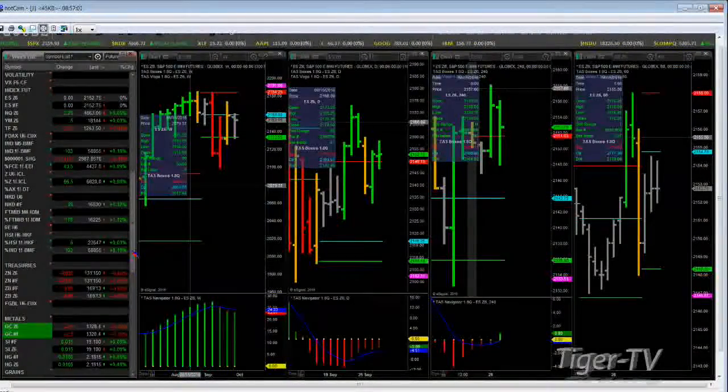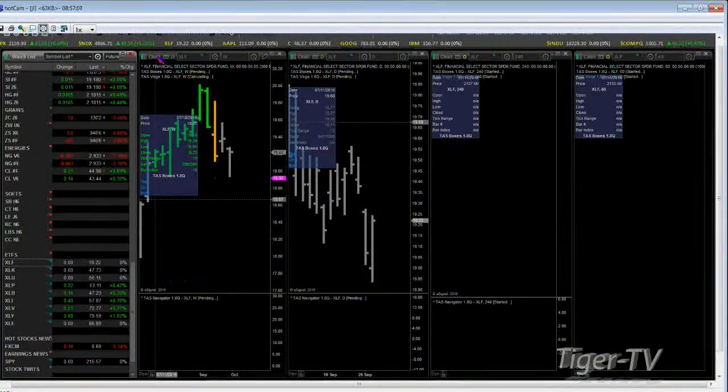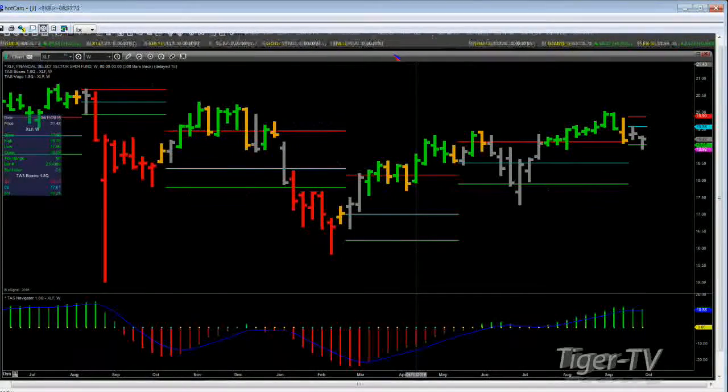Let's take a look at the XLF here because this thing was sitting right at support yesterday, and I was keeping my eye on it. Here's the weekly. I'm not terribly excited about being long the banks or the financials in general right now, but again, you can see what's happened recently, and that 1905 is a little bit of a support situation there, but these banks are not going to want to hear about